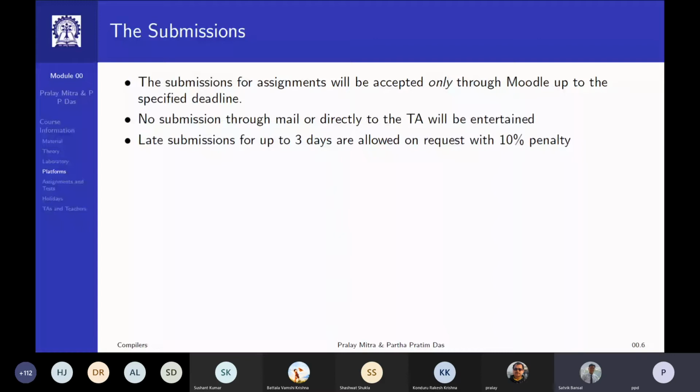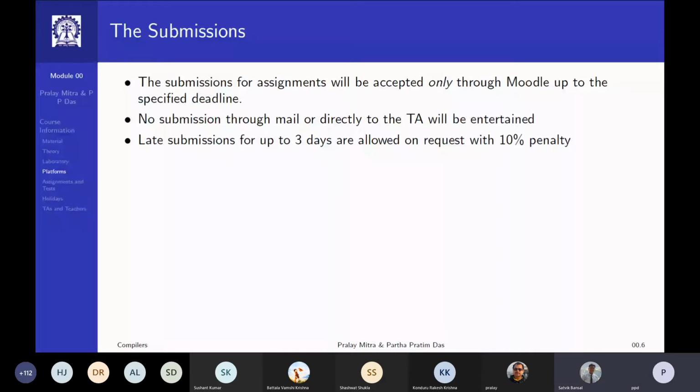Sometimes what happens is that we aren't able to check Moodle very frequently, but for the mailing part, we get a notification, so we are able to check it at the moment. So would we be mailed that there is an update on Moodle or something like that? See, we cannot always keep on doing that, but normally important announcements, like an assignment has been uploaded or an assignment deadline has been extended, we would try to send out an ERP mail as well. Okay, yes.